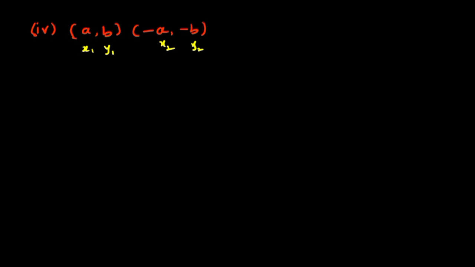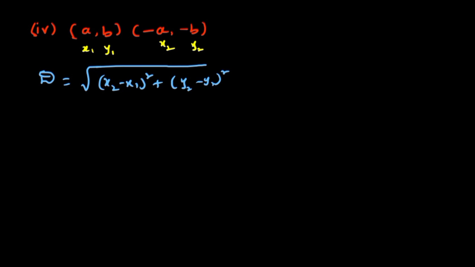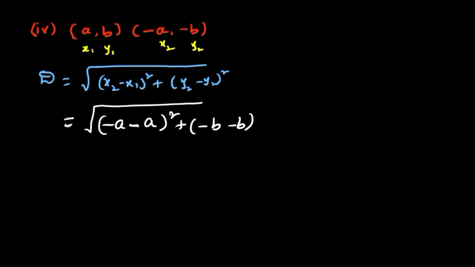The distance formula is root of x2 minus x1 whole square plus y2 minus y1 whole square. So here we write now root of, what is x2? x2 is minus a minus, how do I write this minus? This is from the formula, okay? And what is x1? x1 is a whole square, y2 minus y1. y2 is minus b and y1 also in the formula we have minus, that minus I wrote, and y1 is b